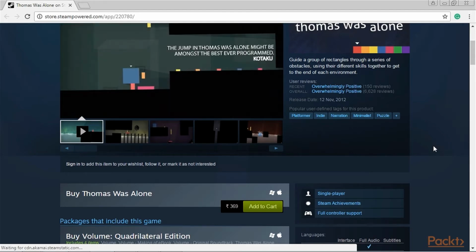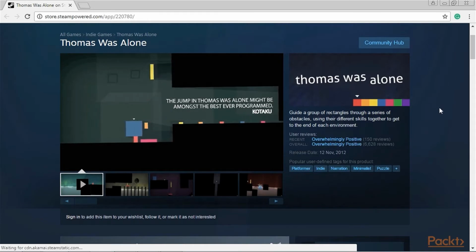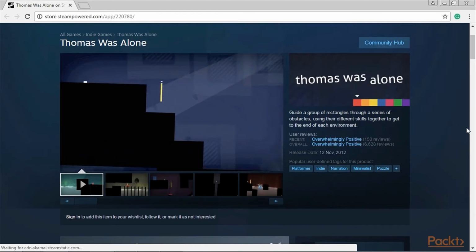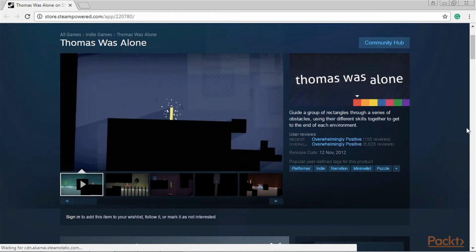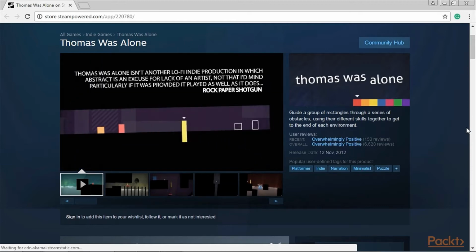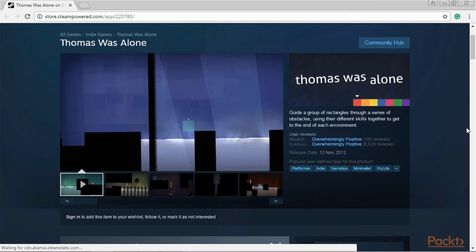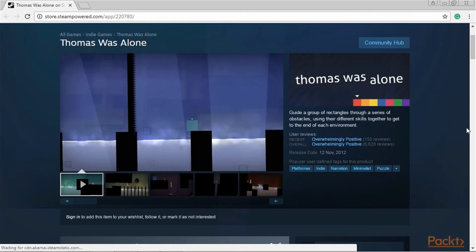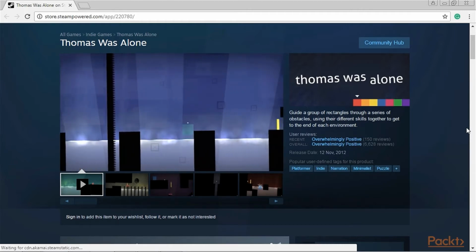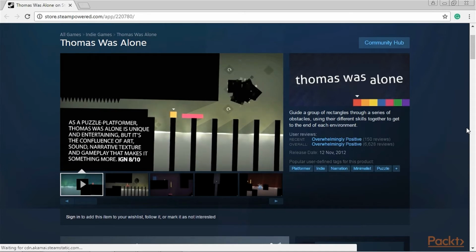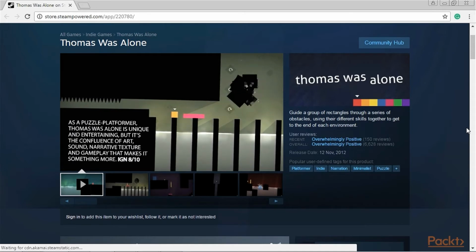To keep our game simple, without losing the challenge, we will have fewer puzzle features than Thomas Was Alone, but we'll have the additional challenge of creating the need for two players to play cooperatively. Just to make sure the game is not too easy, we will also make the players race against the clock. Hence the name of our game is Thomas Was Late.